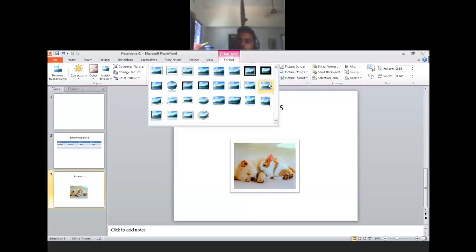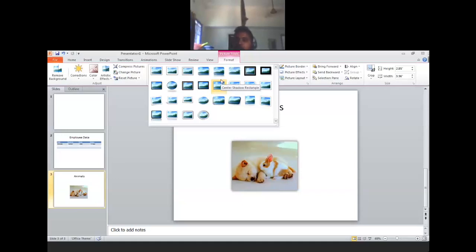Look here, ma'am, so many varieties. Whatever kind of style you want, you can do it. But only after inserting the picture does this kind of format appear automatically, like a table. As soon as we insert a table, you get a color template like that, but without inserting a table you won't get these features. After inserting the picture, you don't need to think about where to open this kind of style and how to open it. Your only duty is to insert the picture.